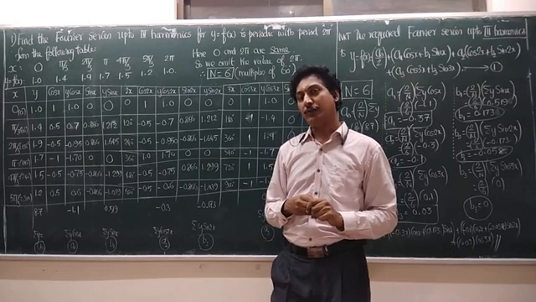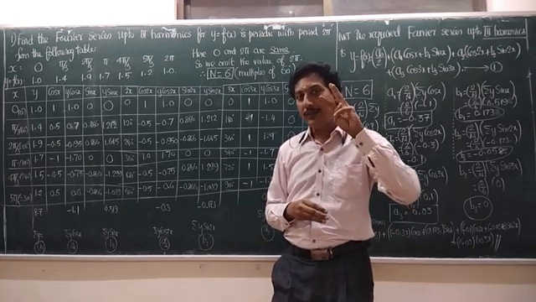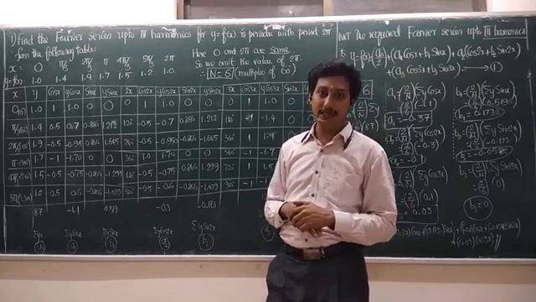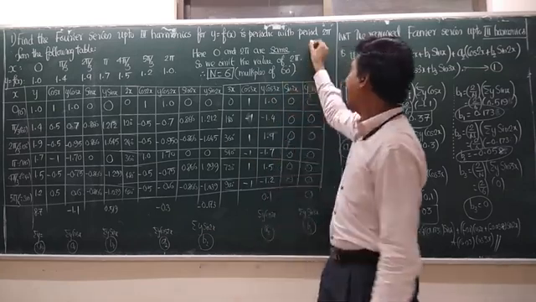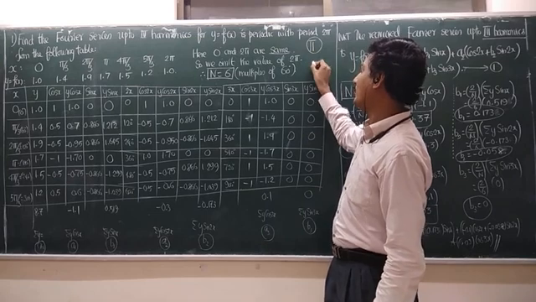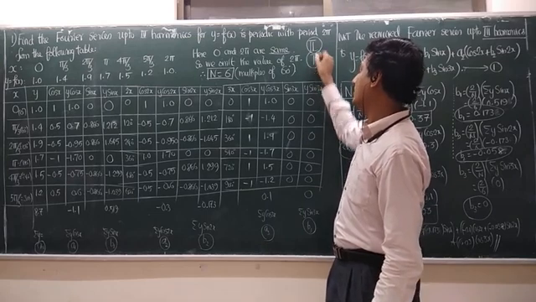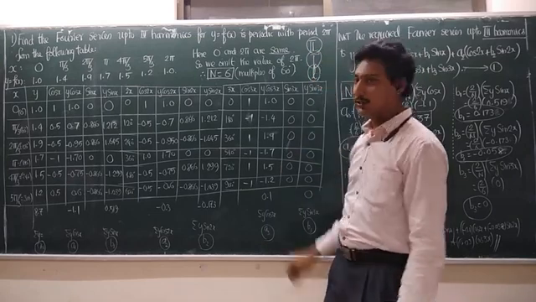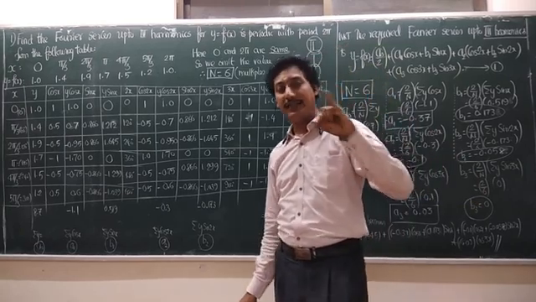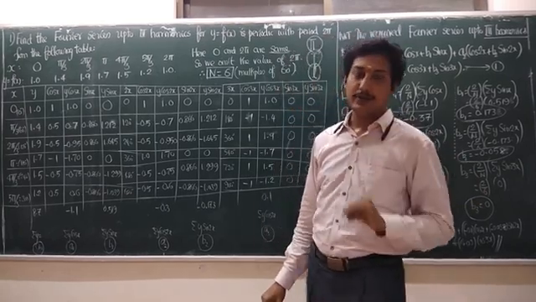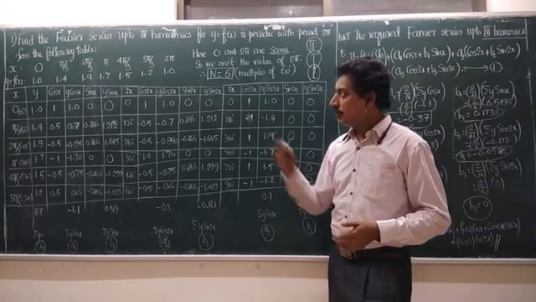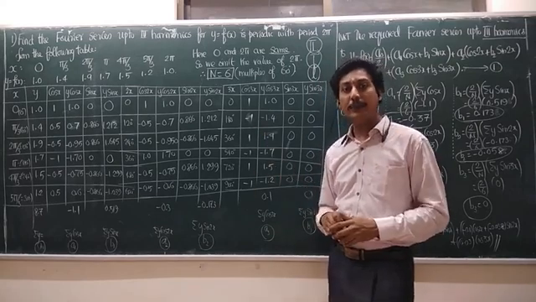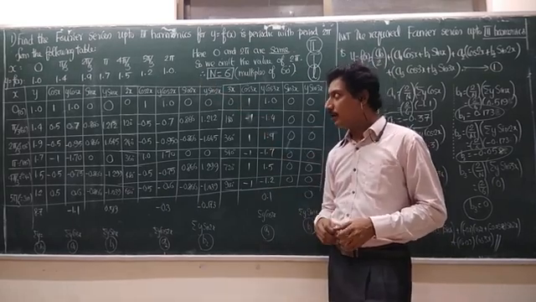Before going to question number 1, there are 3 models in this harmonic analysis. I have considered the first one, called the pi model. The second one is the T model. The third one is the L model. So there are 3 types of problems: pi type, T type, and L type. In this class, we are going to discuss the first type, called pi type. Let's see the question now.